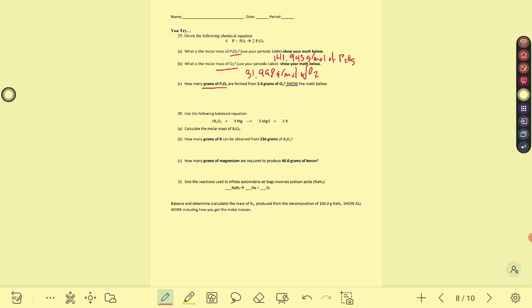All right, so I want to go here. When I'm starting here, my balanced chemical equation is already given to me. So I'm going between these two, going from there to there. Start by writing out my given, just like always, 3.4 grams of oxygen. And in 1 mole of O2, I'm going to have 31.998 grams of O2. So my mass of O2 crosses off, and now I'm going to use the molar ratio to get from O2 to P2O5, and I know because of my balanced chemical equation, there are 5 moles of O2 for every 2